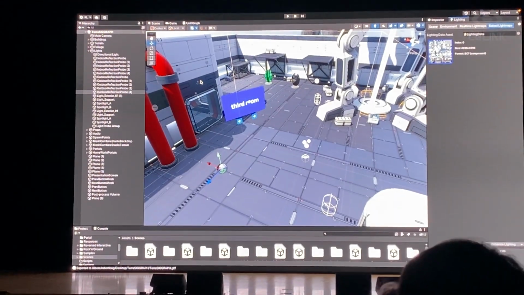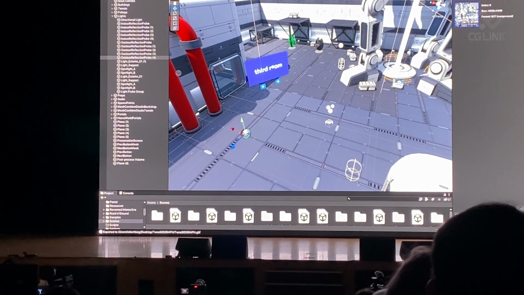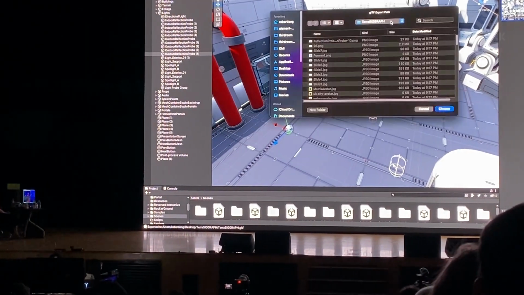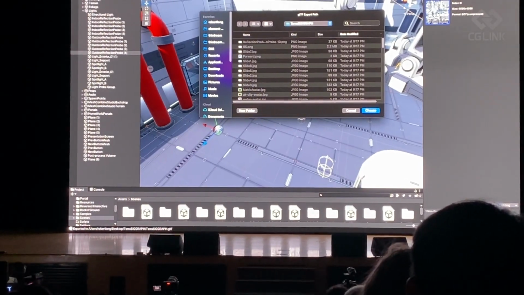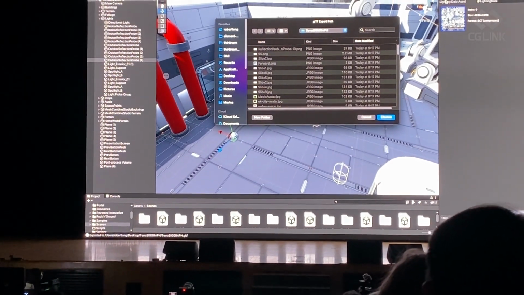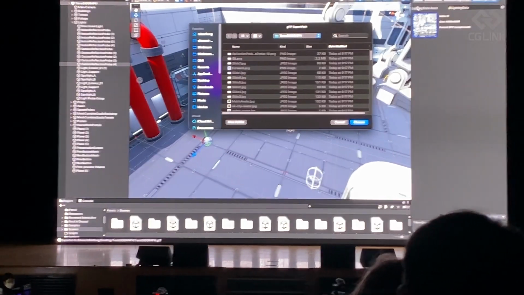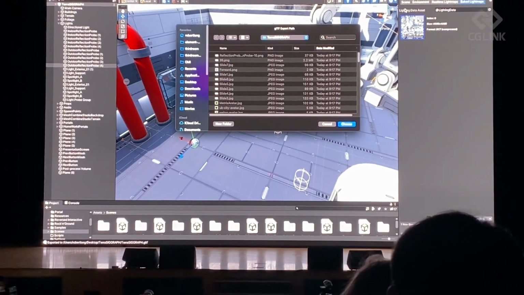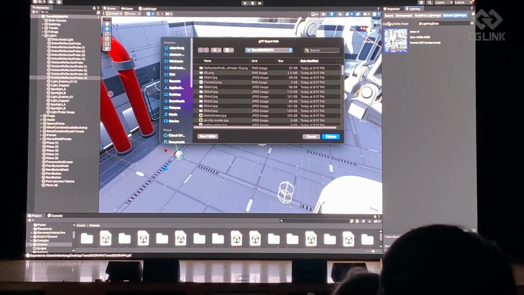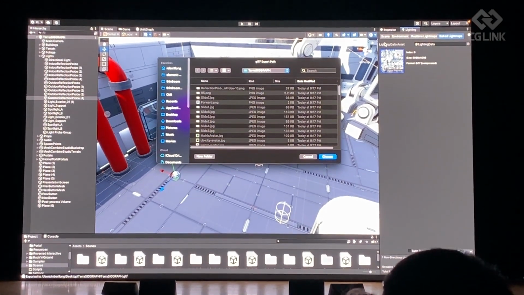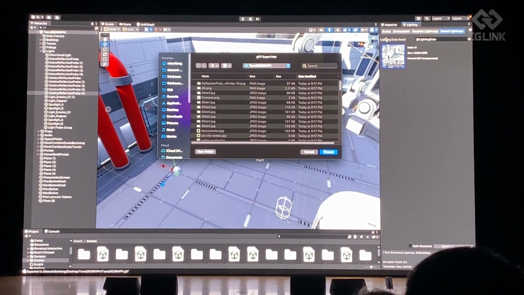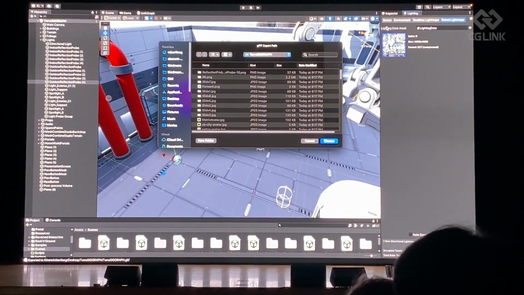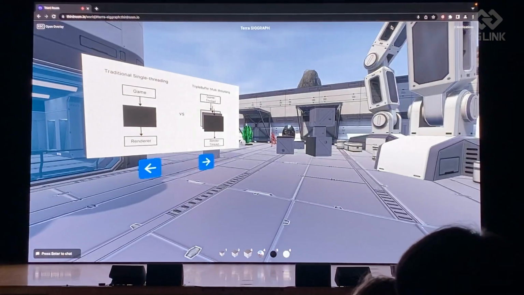So this scene is exported as GLTF using the Unity GLTF exporter. We're not going to actually do this right now because it takes a little bit of time, but you can see the Unity GLTF exporter, which we use, and we built some custom GLTF extensions at Matrix, such as the light map and reflection probe extensions. We've also worked with other standards bodies, such as Khronos, on the GLTF audio extension, and with the Open Metaverse Interoperability Group on a Collider extension. Back to the room in here.